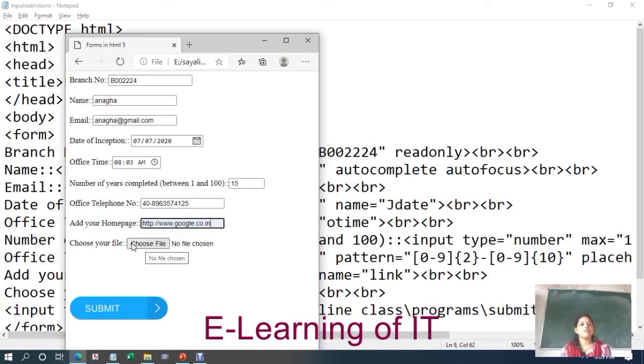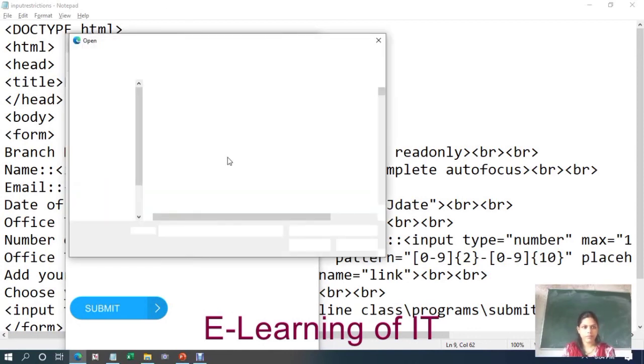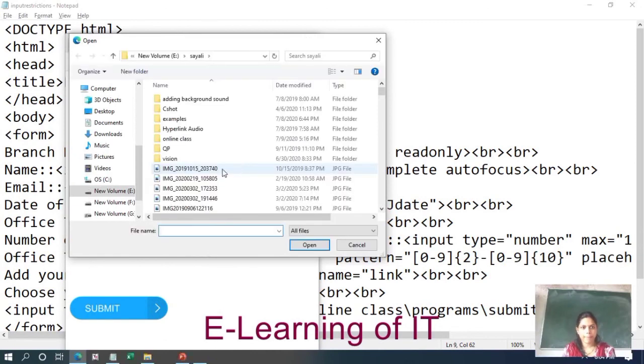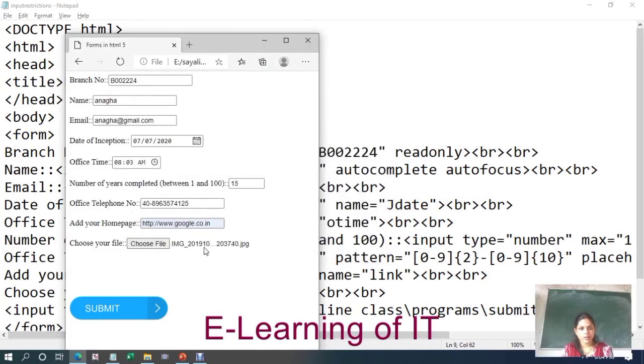Now from this button you can choose a file. Suppose I have selected this image to be uploaded, then this will appear here and you can submit the data.